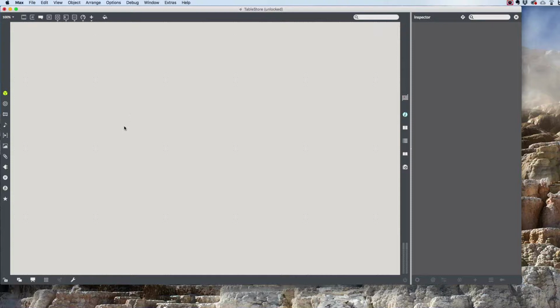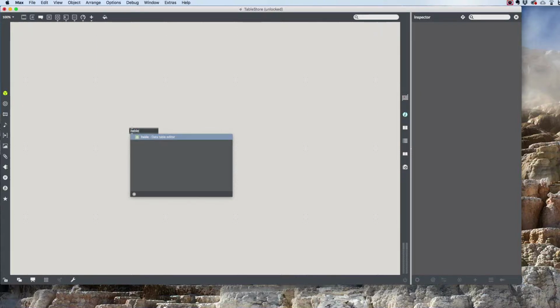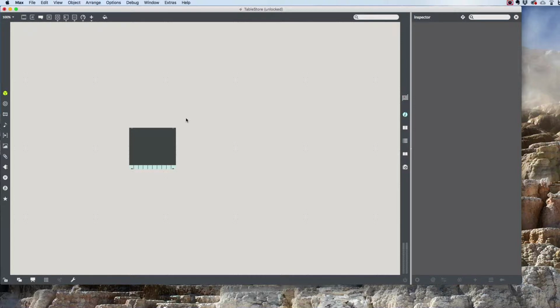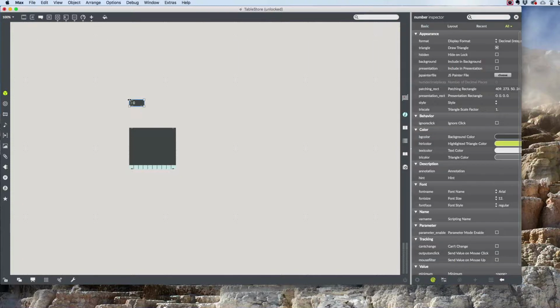Let's start doing that first by adding an iTable. Let's resize the range and size. We're going to set it to 10 for now so that we can work with it. And above it, let's just do two integer number boxes. So I for an integer number,